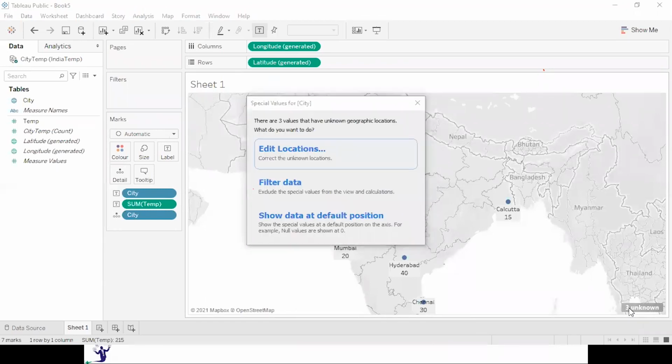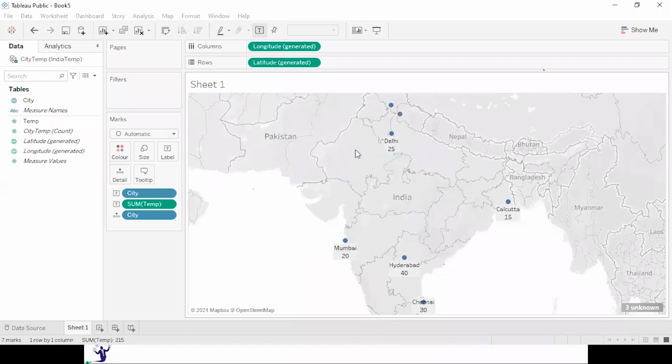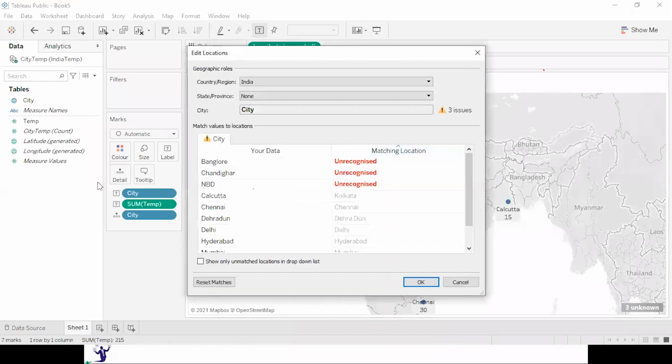I will double click on this 3 unknown and say edit location, and this is because of the spelling mistakes we have done. I have done it intentionally so that if you do not have the value which you are looking for, you can just click on this drop down arrow over here and simply search for this.